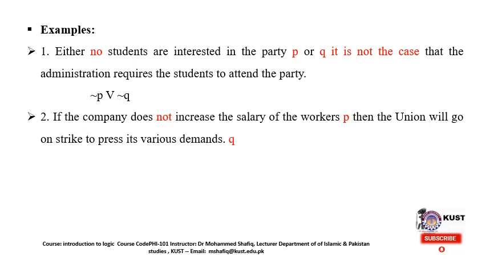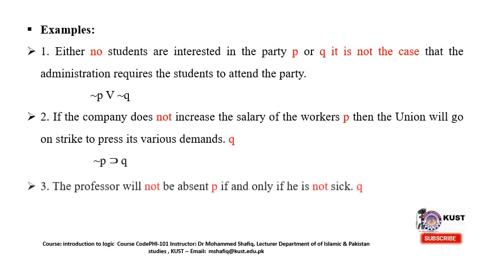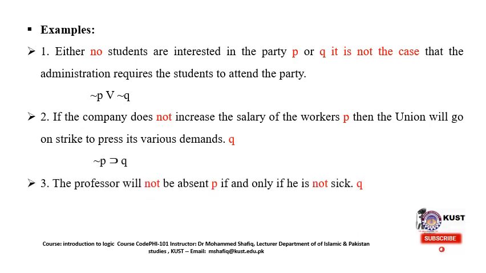This can be symbolically presented as not P then Q, because the company does not increase the salary, that is not P. Increasing the salary of the workers is the proposition P, while if it is not increased, then obviously we will express it as